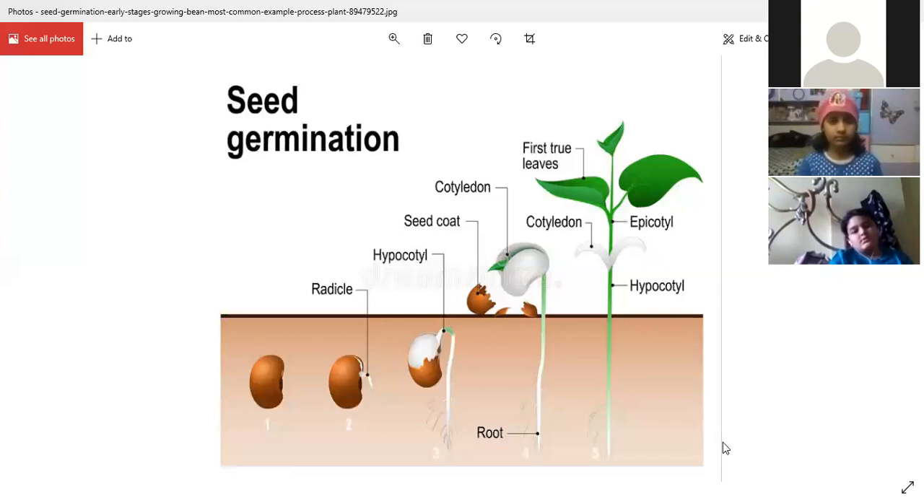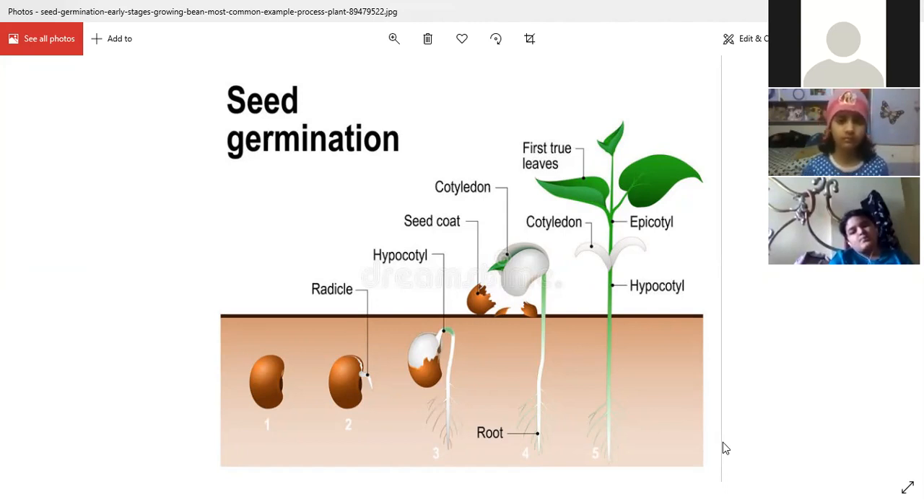सबसे पहले you have your seed, ठीक है। Then in it has your radicle. Radicle means a small sprout that comes out of the seed. Then your hypocotyl, it grows big. Then your seed coat, फिर उसके बाद में सबसे पहले तो क्या होता है, after your hypocotyl, your root begins,